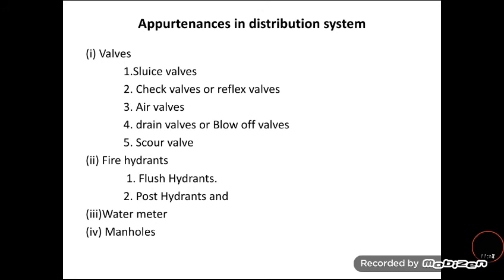Here various types of valves like sluice valve, check valve and wear valve are used based on their purpose. For example, a sluice valve is used to regulate the flow of water through the pipeline, and a check valve allows the water to flow in only one direction. In the reverse direction, the automatic reversal of flow is stopped by it.